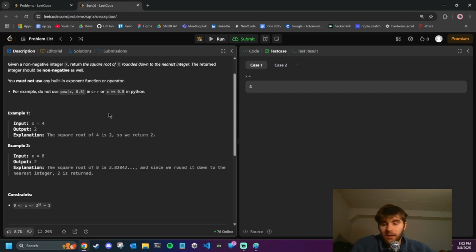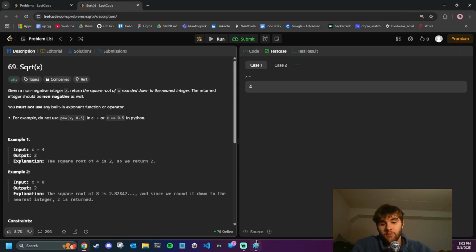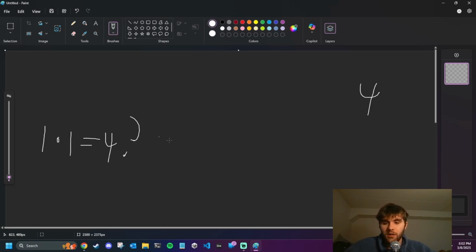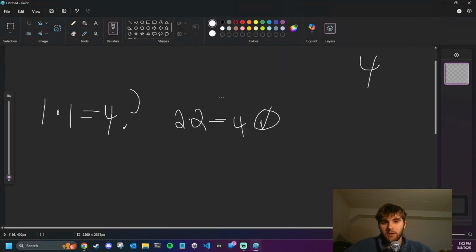Okay, so initially what I'm thinking is we can just do like a linear, so for 4, for instance, but I can't use exponent operator. Can I use multiplication? So I could say, so if our target is 4, I could check all numbers from 1 to 4 and say, hey, does 1 times itself equal 4? If not, then I can keep going. Does 2 times itself equal 4? Yes. The problem for this is when we get to something like the square root of 8,